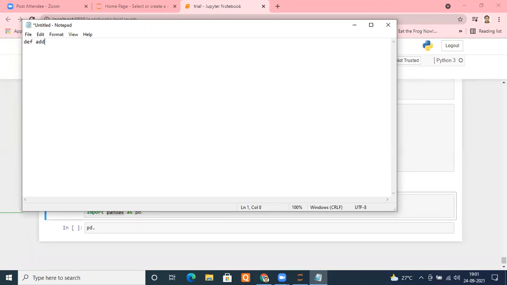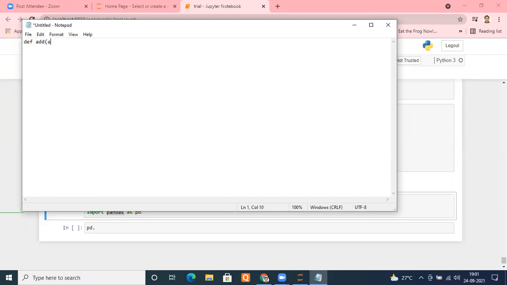Suppose it needs 2 arguments from the user, the numbers which you want to add.